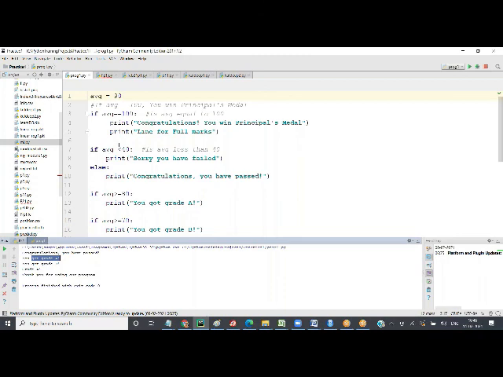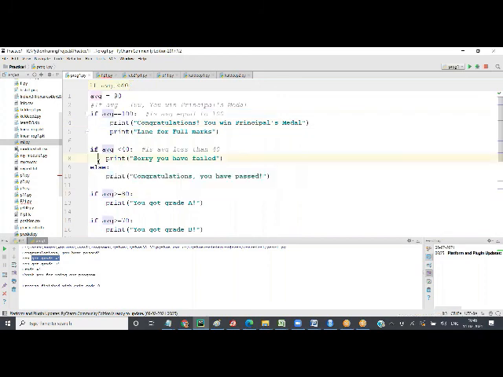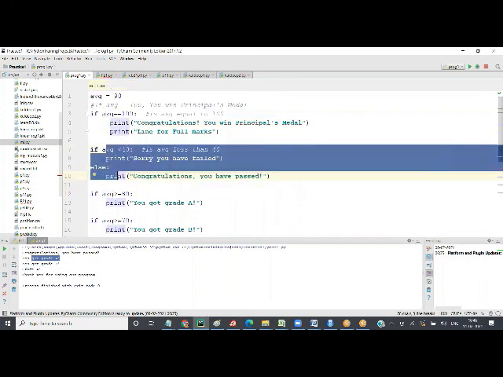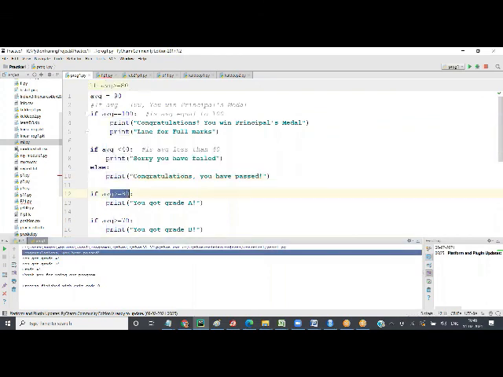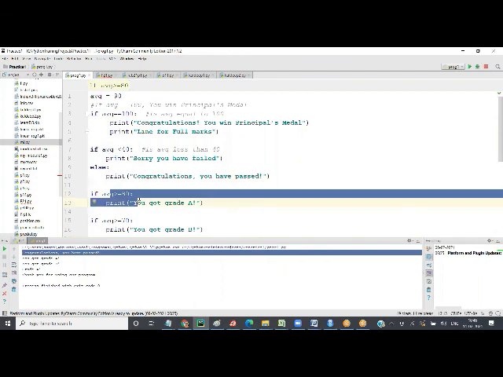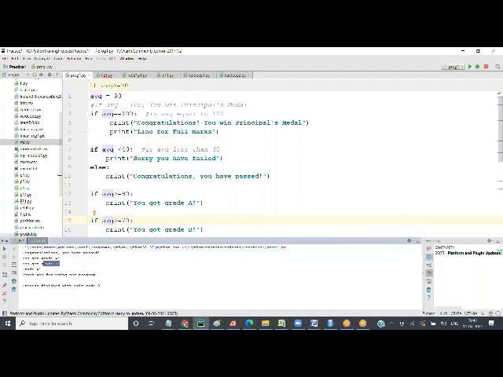See, first this will be false, so this is not printed. It goes to else, and 'Congratulations, we have passed' is printed. Then average more than 80: 90 is more than 80, true, so grade A is printed. Now average more than 70, true or not? True, so grade B is also printed. That's why when you put in two separate ifs, it starts from the beginning and the condition check happens from the beginning, so you are getting both print statements.